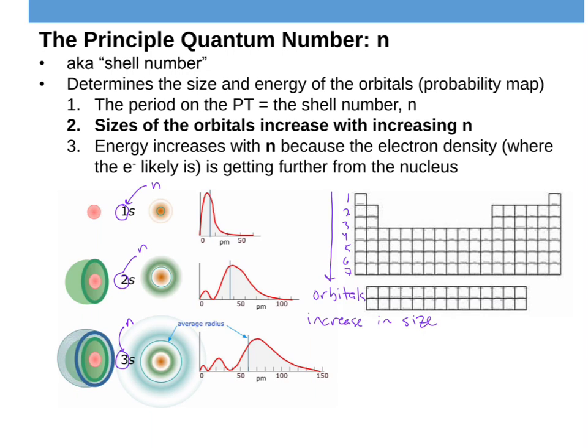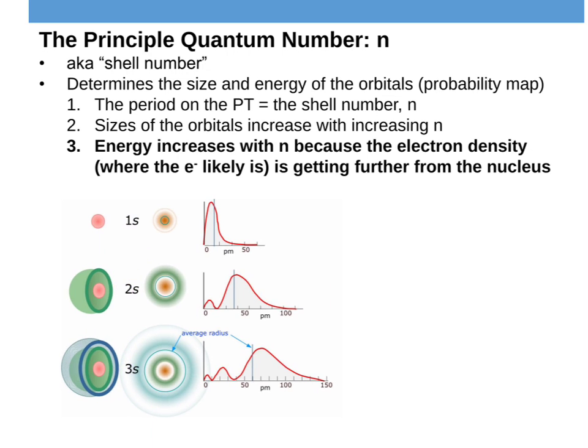And we know that also coincides, right, with the fact that as you move down the periodic table, the elements gain more shells, they get bigger, right? You have a bigger element, you have a bigger atom as you move down the periodic table. And we'll talk more about atomic size and radius in future videos. But they just get further and further from the nucleus because you're increasing in energy.